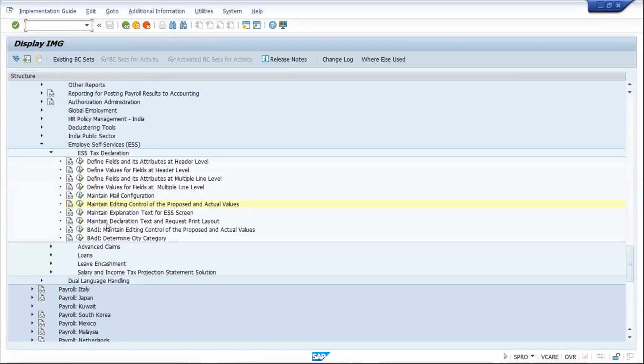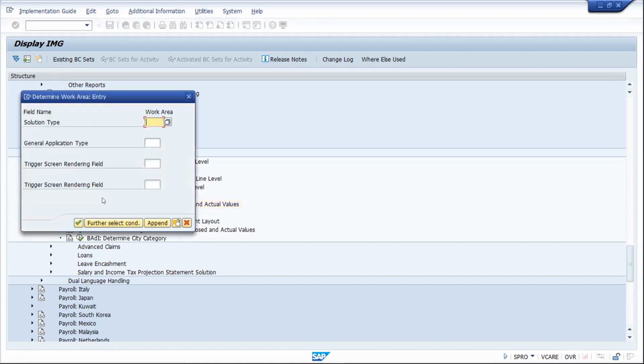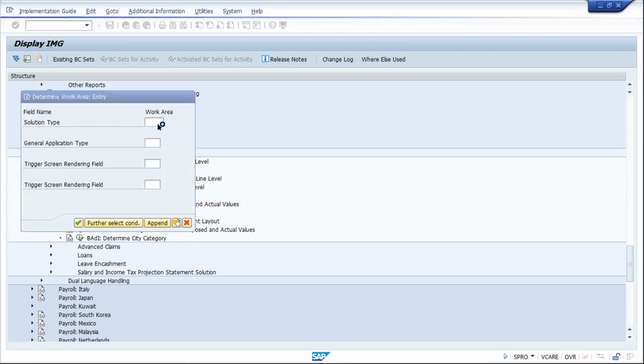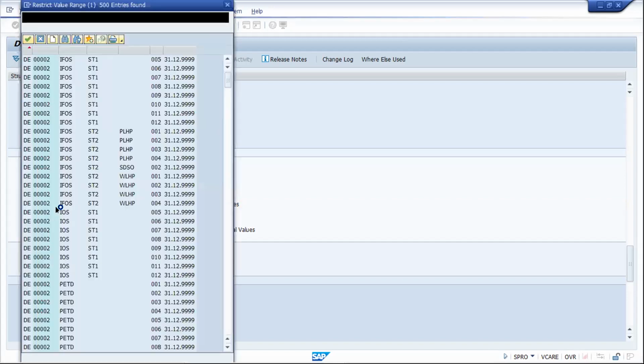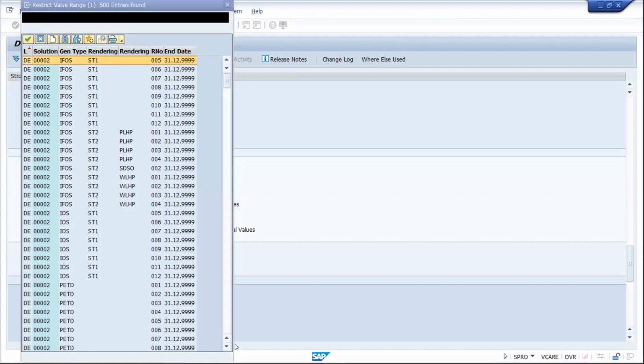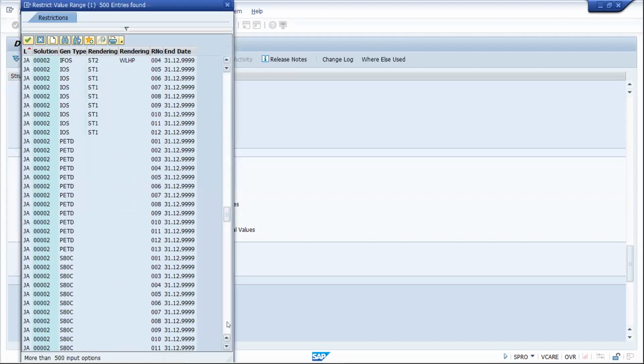Now next one, maintain explanation of the text. The remaining are not very important, so just execute that. Maintain explanation of text. This is again the same thing that will come in the entire thing. Only those two things which I just told you are very important. Otherwise, these are not so important. You can choose any section, 80C or anything.